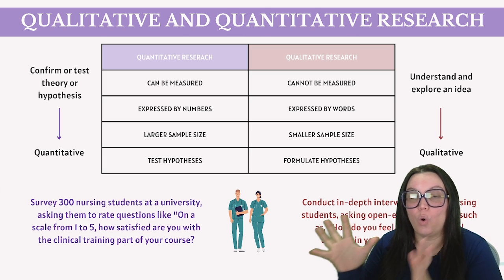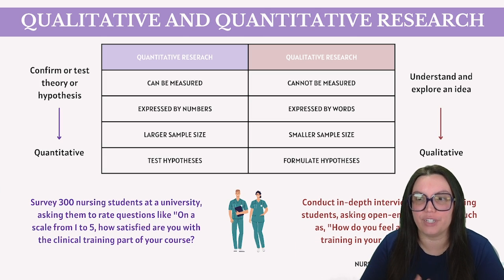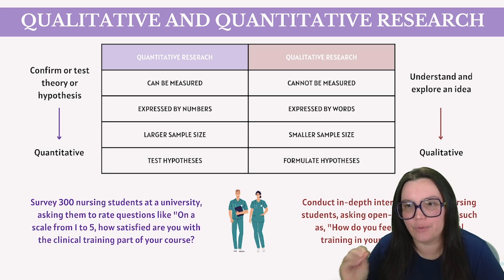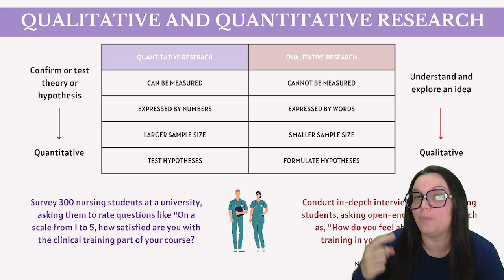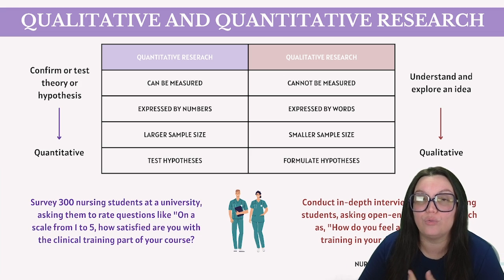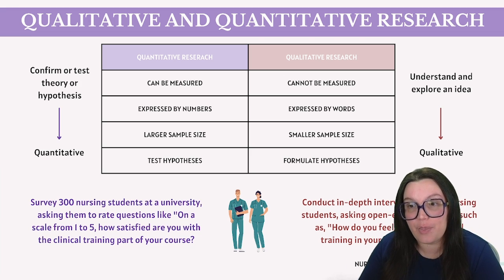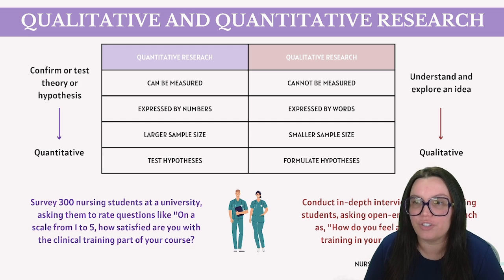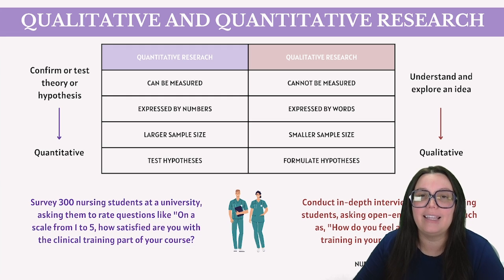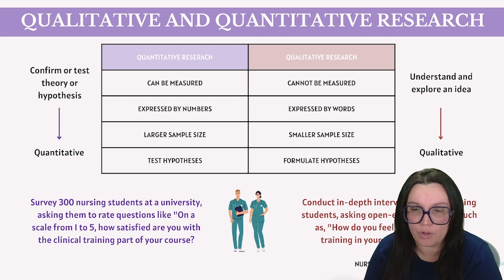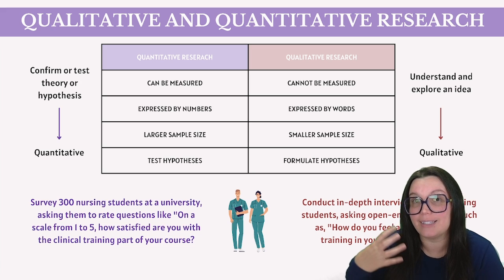Lastly, let's take a look at qualitative and quantitative research. So quantitative research is designed to test hypotheses and typically involves data collection that's going to result in a numerical or graphical representation. This method generally necessitates a larger sample group, and the gathered numbers are analyzed using mathematics and statistical techniques, meaning that it's going to be measurable. So that's our quantitative data. Think quantity, right? That's a number.